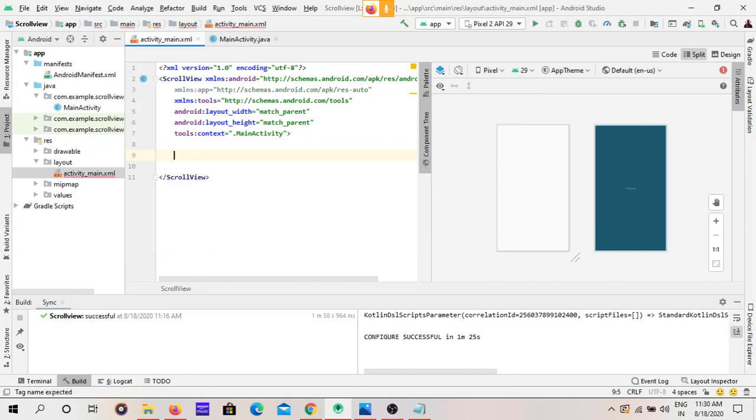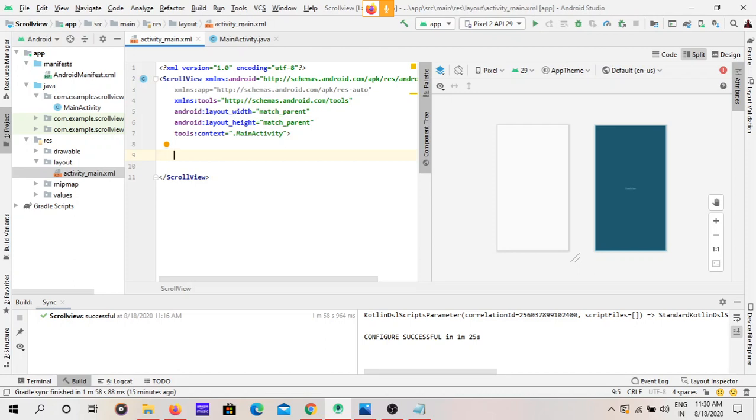Coming to scroll view, generally the Android scroll view is useful when we have content that doesn't fit our Android app layout screen. Scroll view enables the scrolling action to the layout and its contents which are exceeding the layout. It allows the user to see complete content by scrolling. The Android scroll view can hold only one direct child. I will show you when I am implementing it practically.